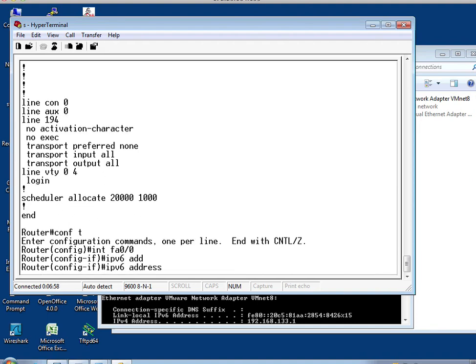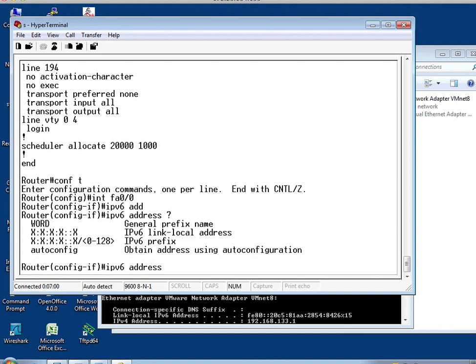ipv6 address. Right, and you need a question mark. You can put some stuff: IP address, prefix length, and autoconfig. We're not going to do autoconfig because we don't have any other server on the network giving out addresses. So :1/64. If you watched the previous podcast, you know that I set up a Windows machine with